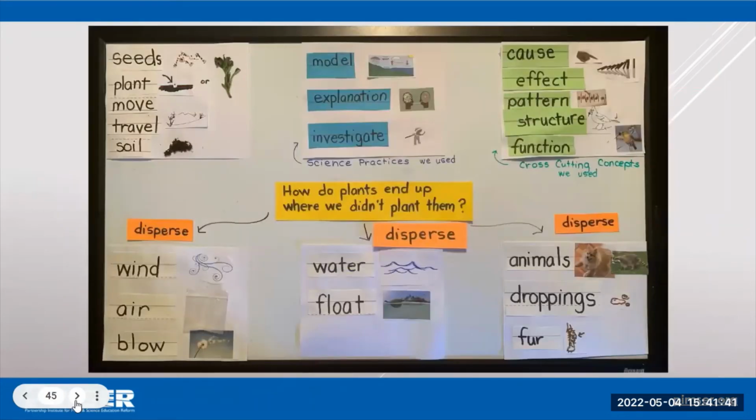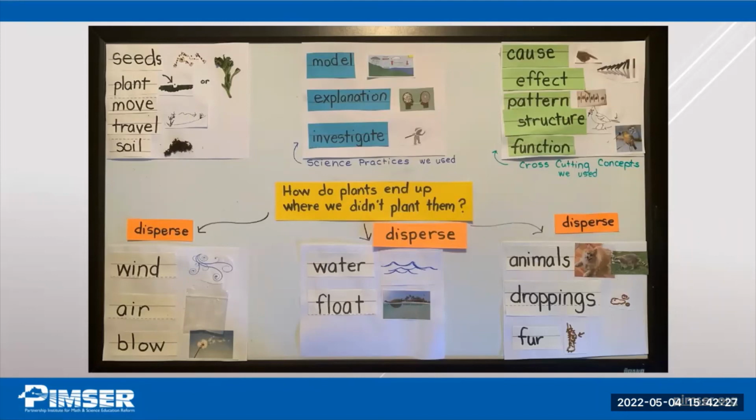When planning for a word wall, you'll learn that you want to group words into categories so students can find them easily. You notice that there are real objects, drawings, and pictures that help illustrate the vocabulary. You may choose an organizational pattern, like a graphic organizer, to house the word groups. I put our focus question that guided our learning throughout the sequence right in the middle to help students figure out about the phenomena. The groupings along the bottom show different ways that seeds are dispersed by wind, then by water, and all the words over here have to do with animals